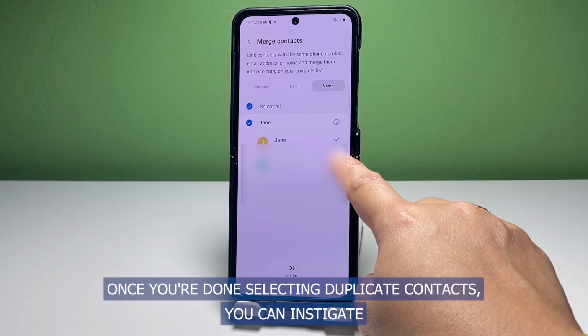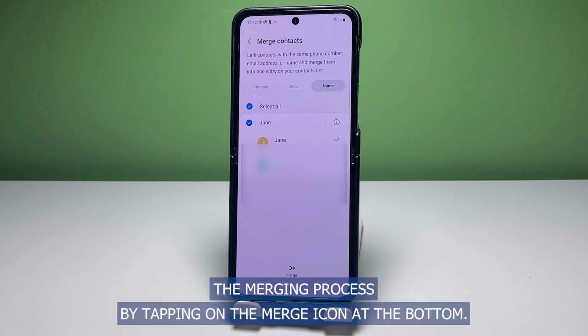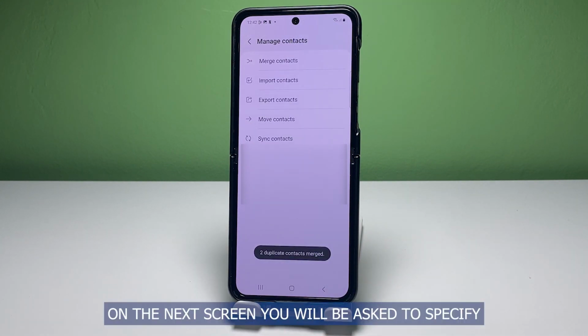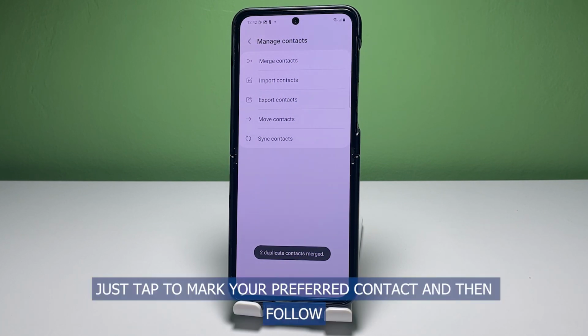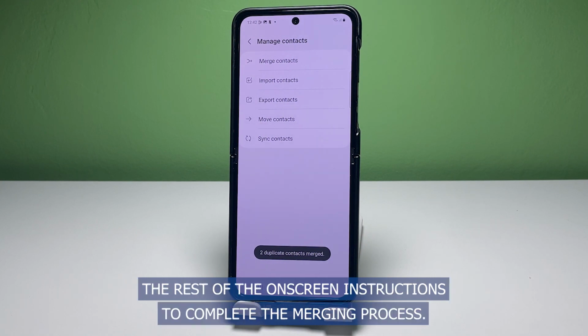Once you're done selecting duplicate contacts, you can initiate the merging process by tapping on the Merge icon at the bottom. On the next screen, you will be asked to specify which from the duplicate contacts you would like to use or set as default. Just tap to mark your preferred contact and then follow the rest of the on-screen instructions to complete the merging